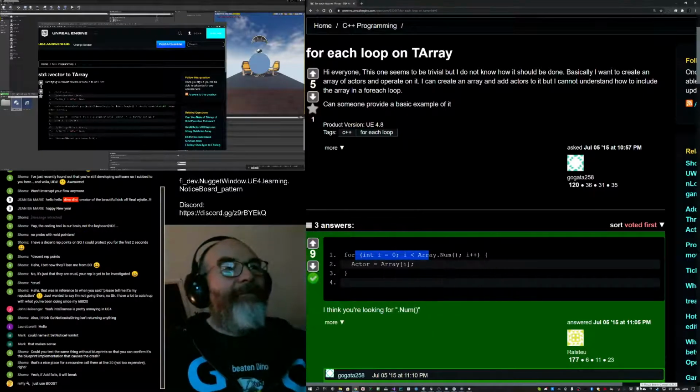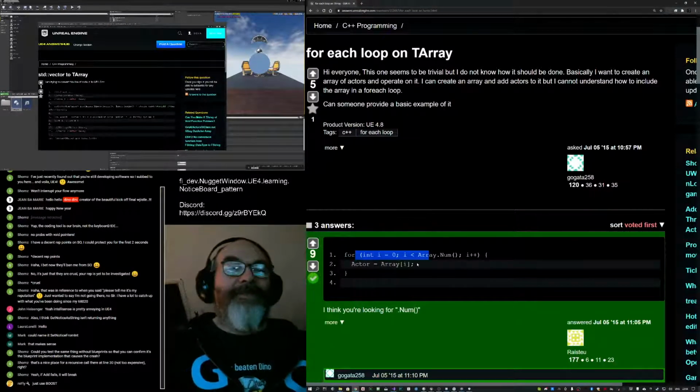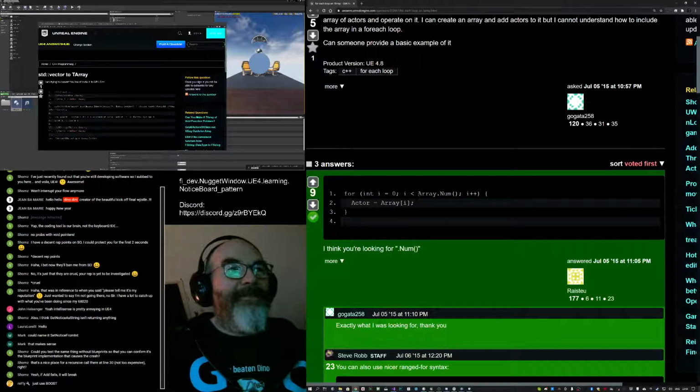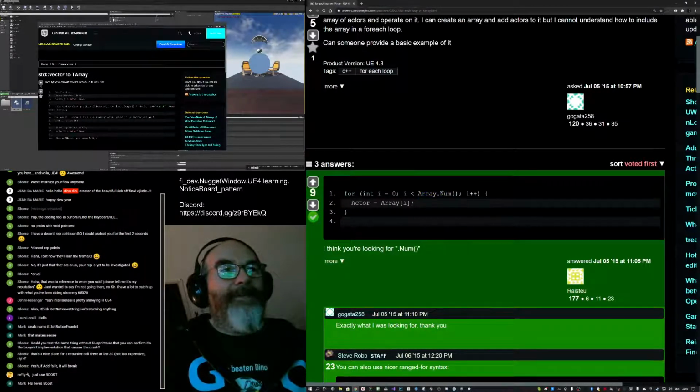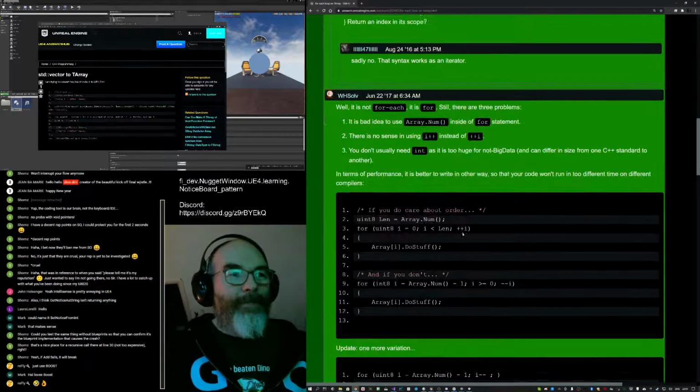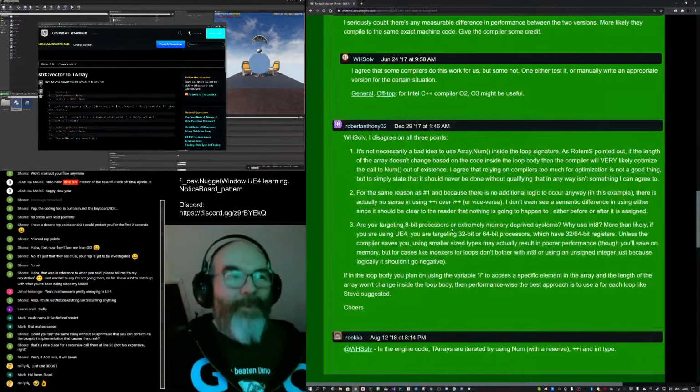Okay, right. So the discussion point here was this: array num. And it's a good idea to always remember that this gets called every time in the loop. And then there's always someone who says this, always, always.